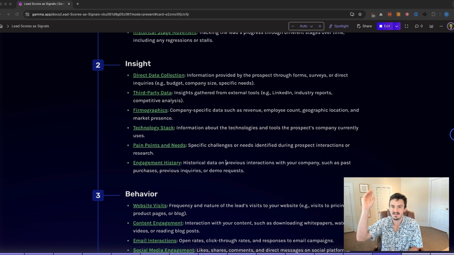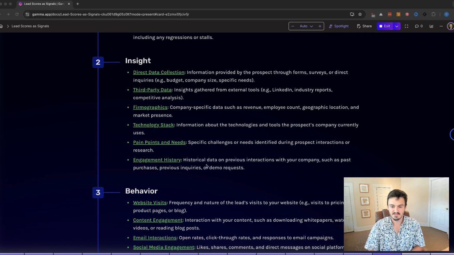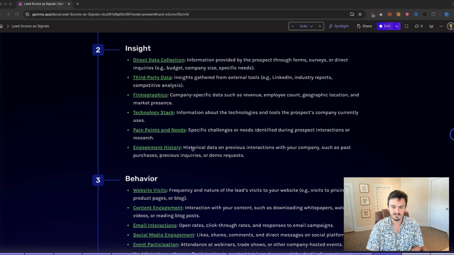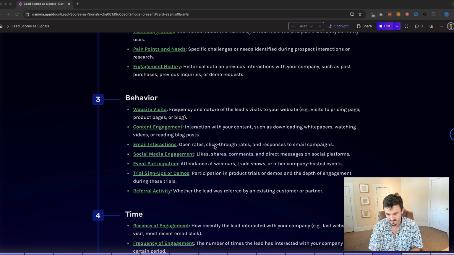So this will be everything on your activity timeline inside of HubSpot, and then associated data that you collect around the contact, company or deal. Behavior. So I'll start off, it's not listed in here, but it's engagement history, but it's actually in behavior, which would be your product usage data. And so there's a lot of product usage data that can be used for lead scores. And so I missed that one while listing it out, but I just want to mention that before we go